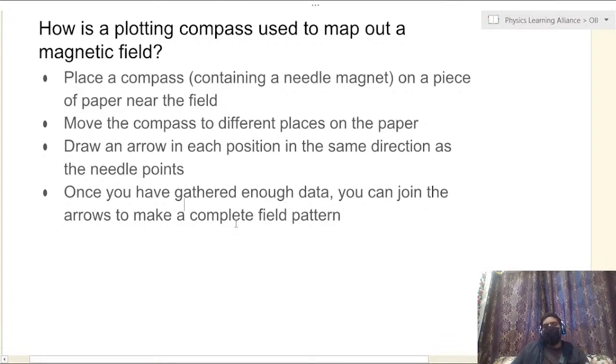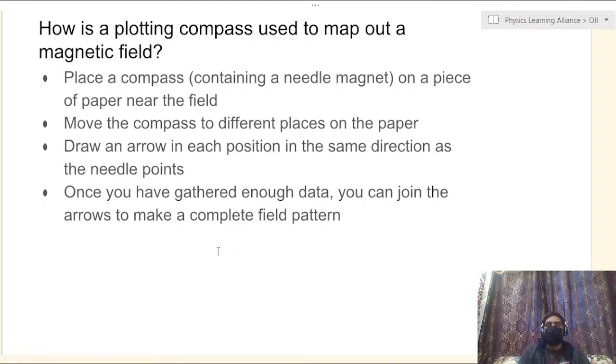And there's another way as well by which you can find the direction of magnetic field. That method is called the iron sprinkle method. Basically, you place a bar magnet under a sheet of paper and throw iron sprinkles on that. The iron sprinkles will align themselves in a certain way, and that pattern would represent the